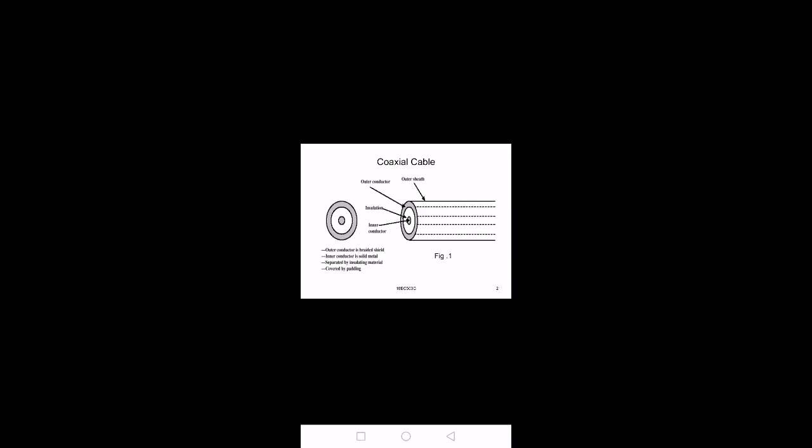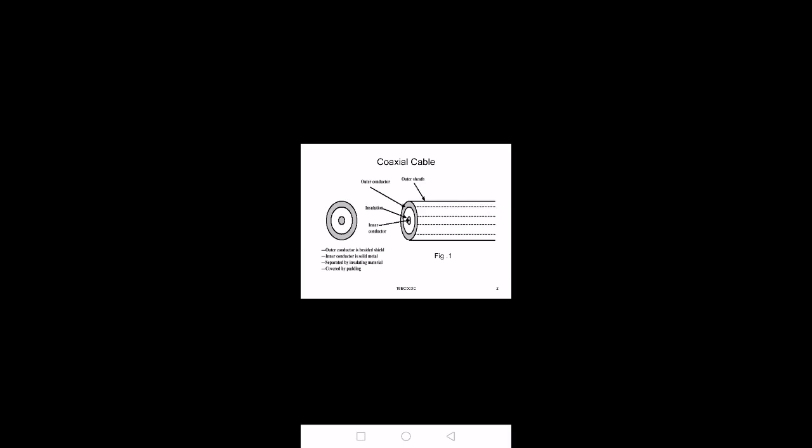So, in continuation to the previous class, in guided media we will be having two more types. After twisted pair, we will be having the coax cable and optical fiber cable. In this class, we will discuss the construction, working and applications of coax cable and optical fiber cables. So, this is the coaxial cable, how it will be looking like.